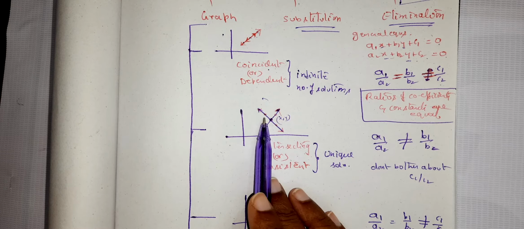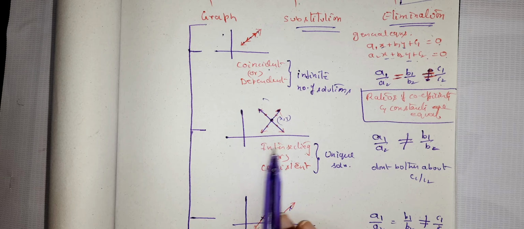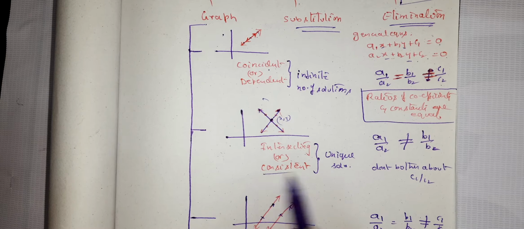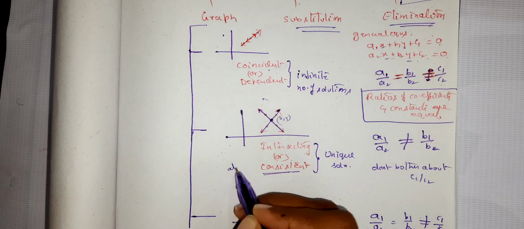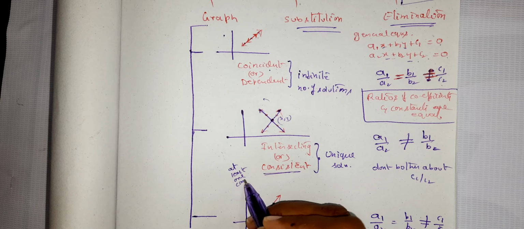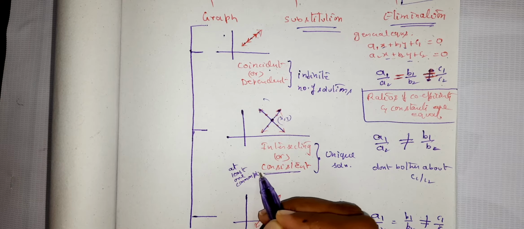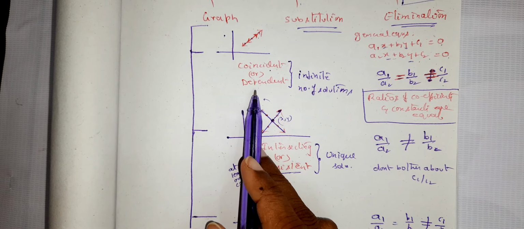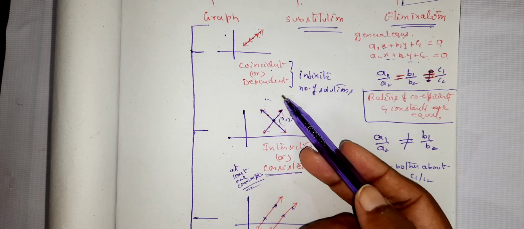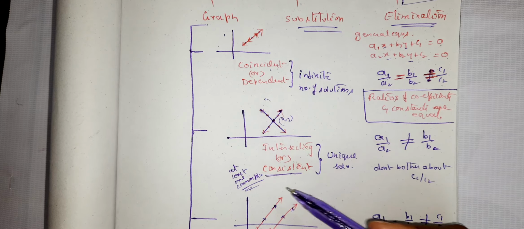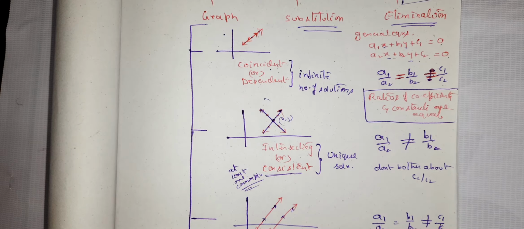And what kind of equation pair do we call this? The pair is an intersecting pair or consistent pair. Consistent means having at least one common point. But in the earlier case there are so many common points, so you can say that it is consistent and dependent. Here it is consistent and intersecting.